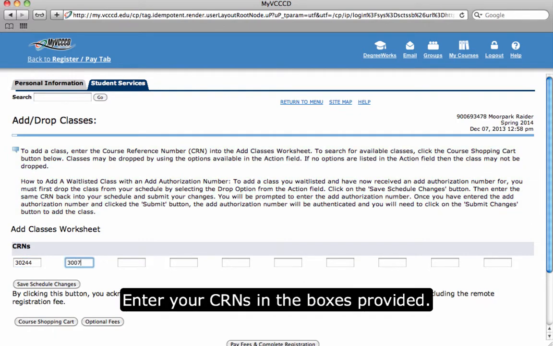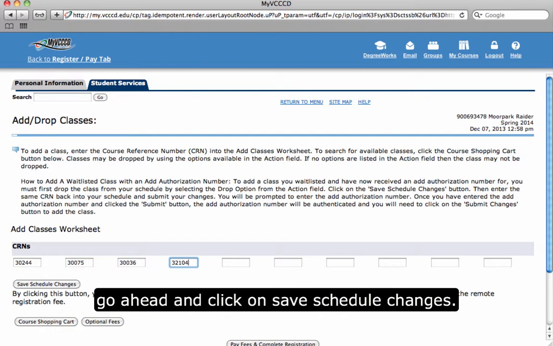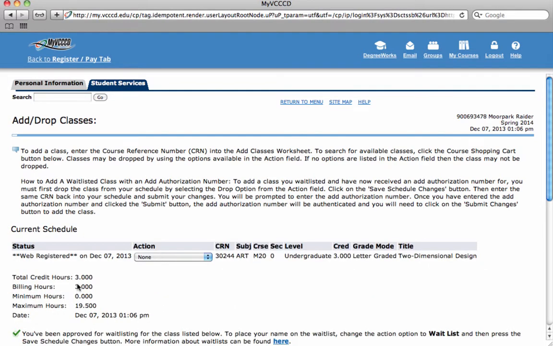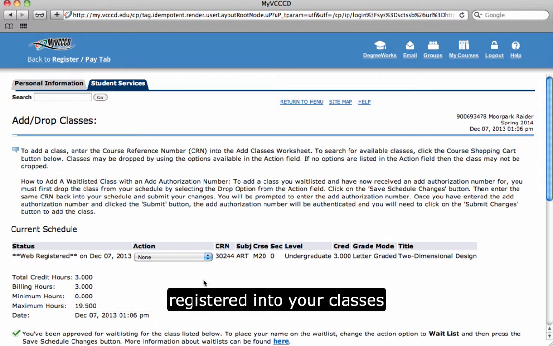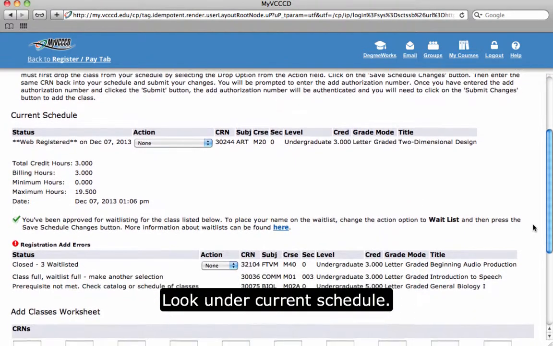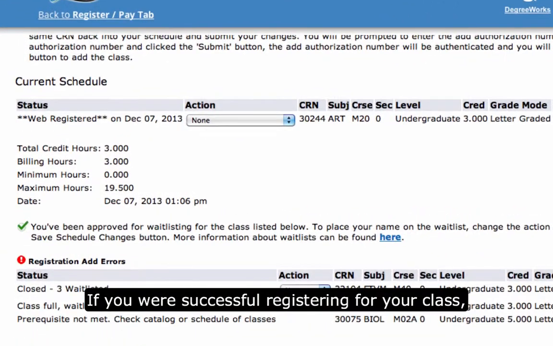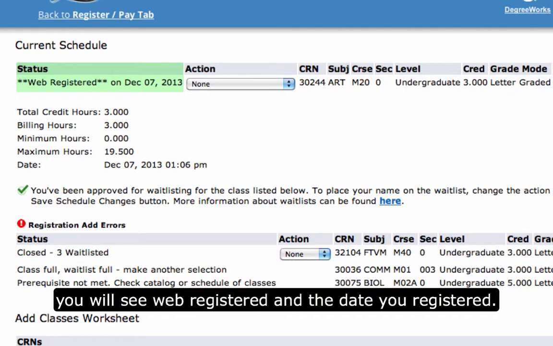Enter your CRNs in the boxes provided. Then, go ahead and click on Save Schedule Changes. Now, you can check to see if you were successfully registered into your classes or if there are any problems. Sometimes, a few more steps may be needed to complete the process. Look under Current Schedule. If you were successful registering for your class, under Status, you will see Web Registered and